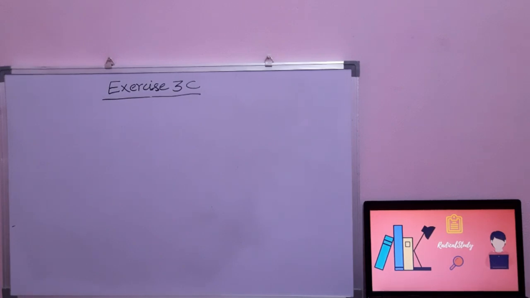Then you have to count the number of decimal places in all the numbers which you have multiplied. So you have to give the decimal place in the answer according to the result. According to the decimal places you counted, you will give the decimal point in your result. Now I will be solving some questions from exercise 3C which will help you understand multiplication more clearly.